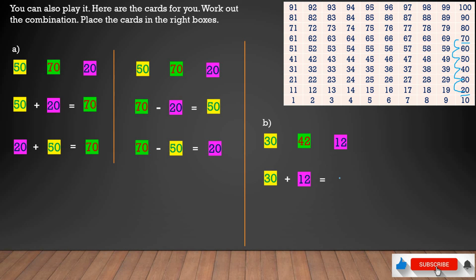here are these 3 cards. Here we have 30, 42 and 12. So what we did, this is the first way, 30 plus 12 will give us 42. So this is one way of arrangement. Second way, we just interchange the position of 12 and 30. We got 12 plus 30. Above was 30 plus 12. This number remains as it is. It will give us 42.